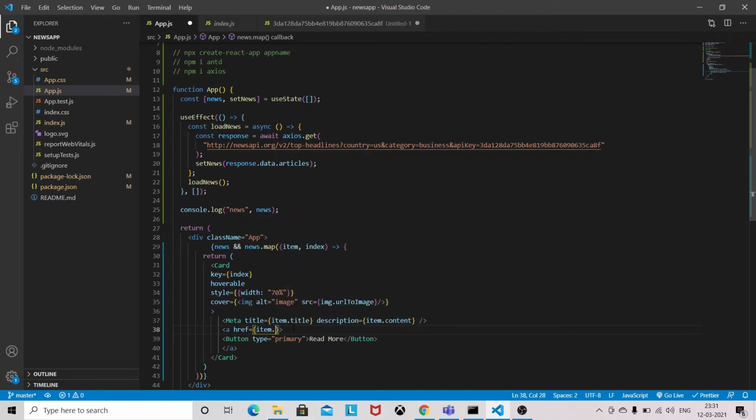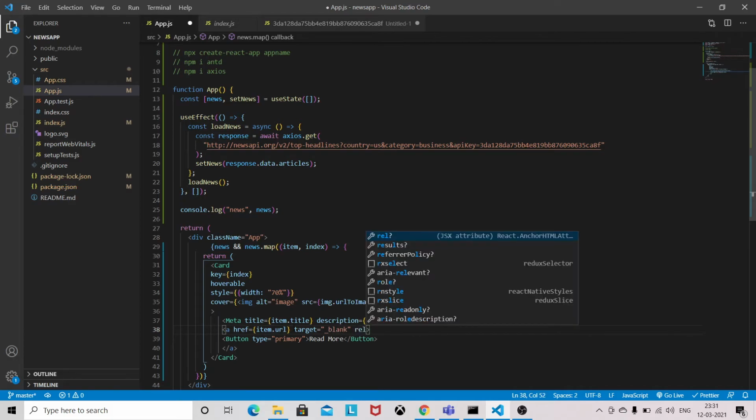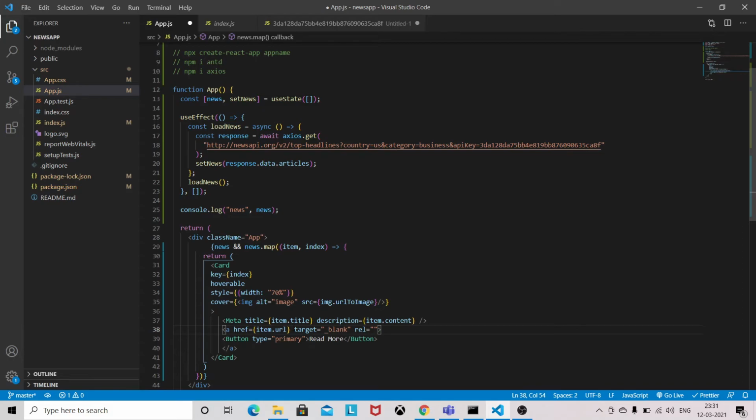This time we will be using item.url, and in order to open in a new tab you need to provide some attributes: target blank, rel noopener noreferrer. I think this is the way to open the link tag in a new tab.